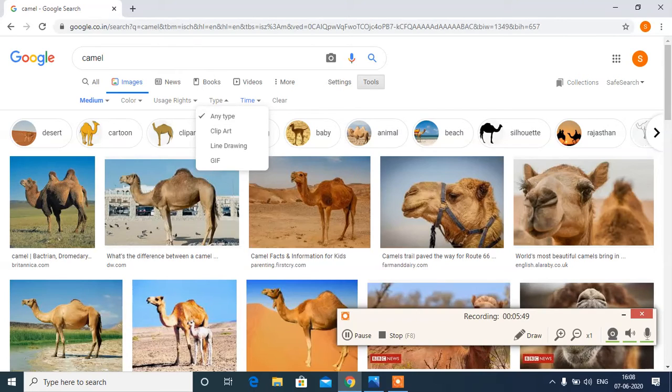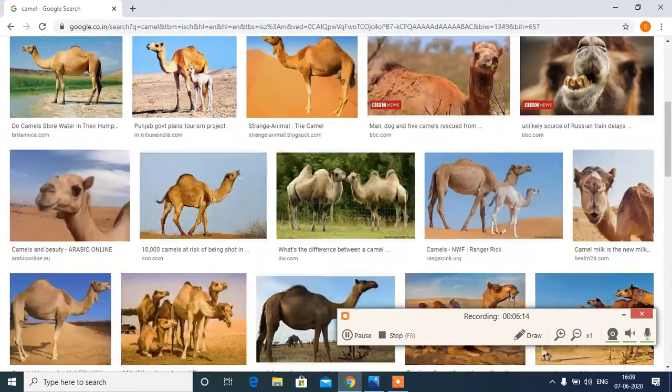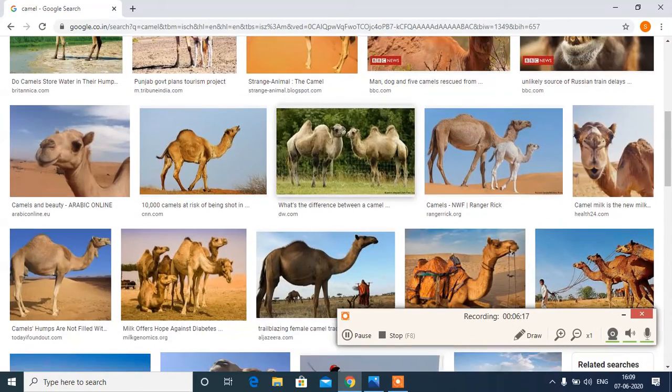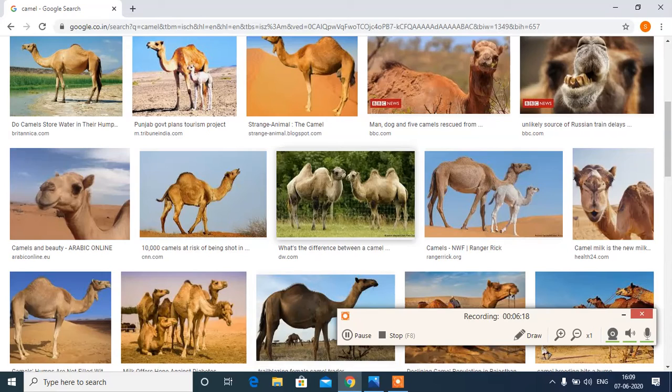Then time is not important for me. All the images are already present, whatever may be the time they were uploaded. Then if I click on the clear option, then all the filters which I have applied will be cleared. So I don't click on the clear option. I keep it as it is. Now I observe all the images which are ready before me, and then choose the proper image.